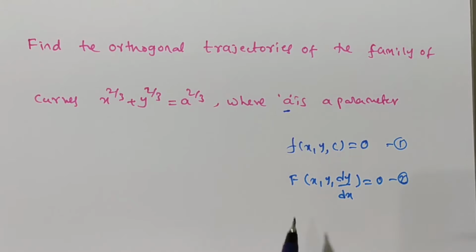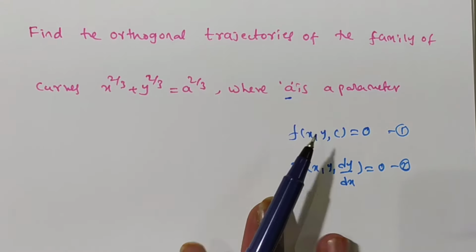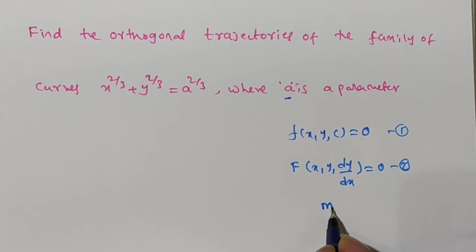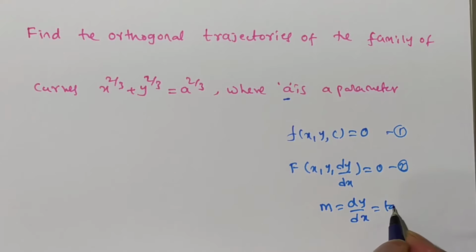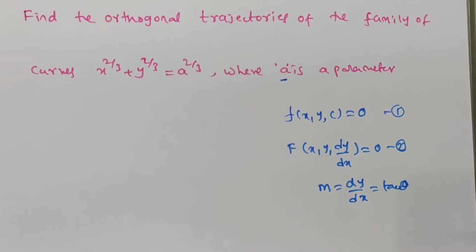Now we have to find the orthogonal trajectory of the family. For that, the slope is m equal to dy by dx, which is actually tan theta. But we need to find the orthogonal one. When two curves are perpendicular or orthogonal, one curve cuts the other at 90 degrees. In this case, if m1 is one curve's slope and m2 is the other's, the product of these two will be